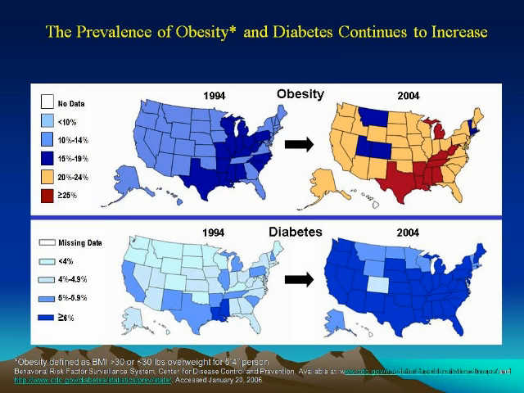I chose this second slide, looking at the prevalence of obesity and diabetes and its increase. Look at the year 1994 as a sort of beginning point. We know that the problem began before then, but let's use that snapshot of 10 years to see, in the coloration of the maps, the parallel experience between obesity increasing as well as diabetes increasing. From 1994, the coloration on the map tells us there was relatively much less incidence of diabetes and obesity, but by 2004 we can see that everything is changing very, very dramatically.